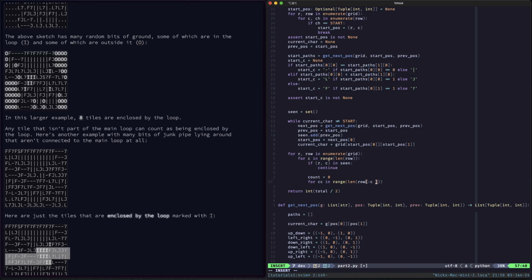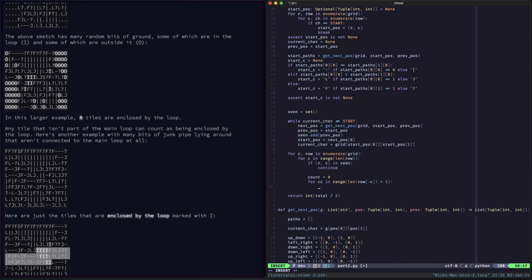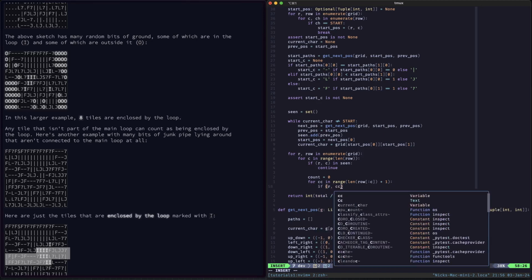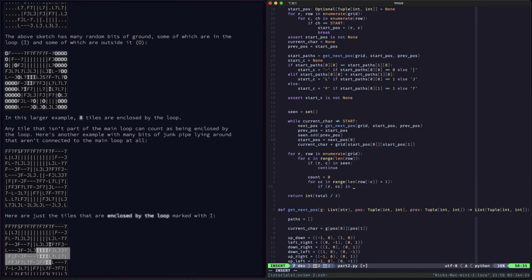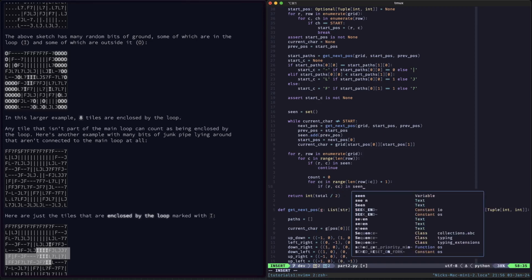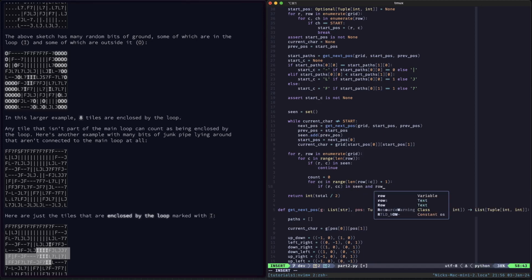If we do column +1, that's the column +1. Let's do it that way. So for column in that range, if row column is in scene and row